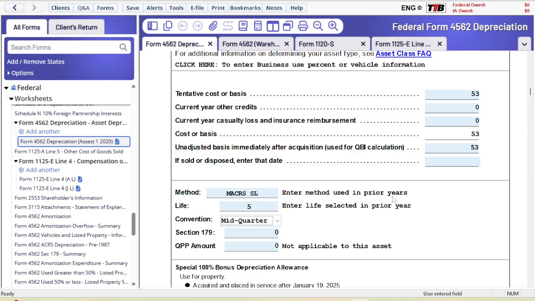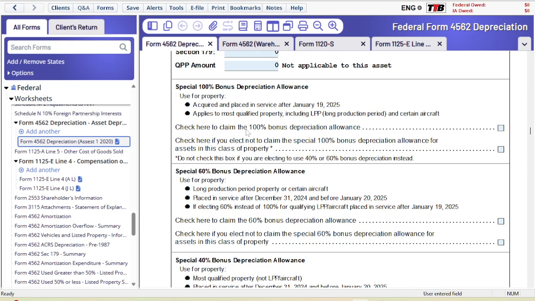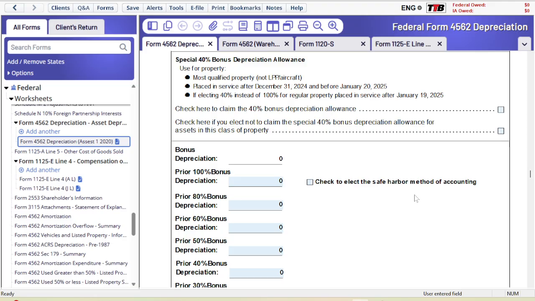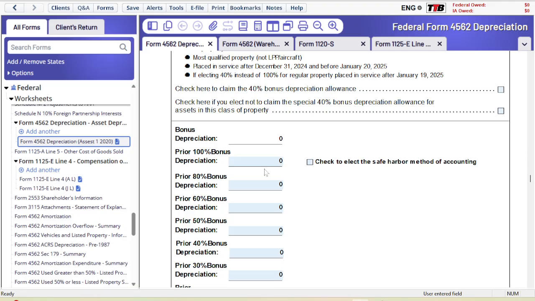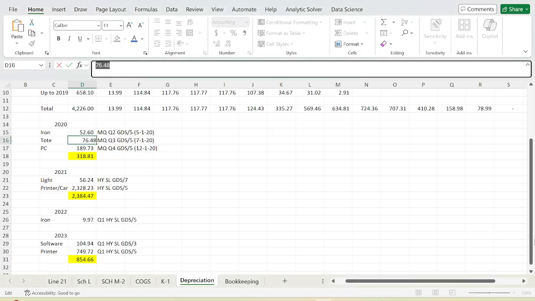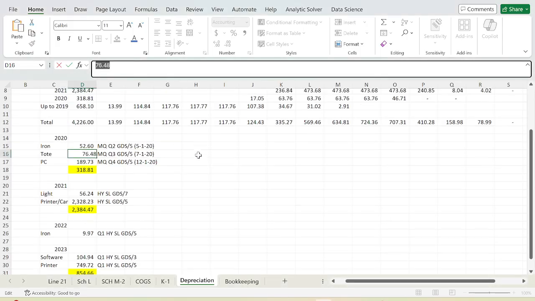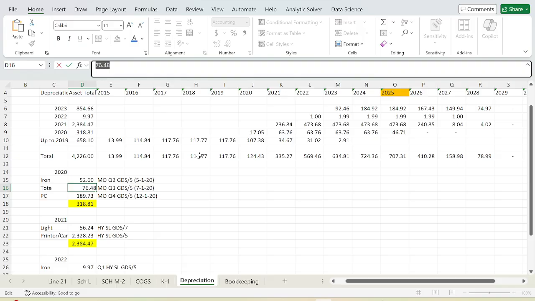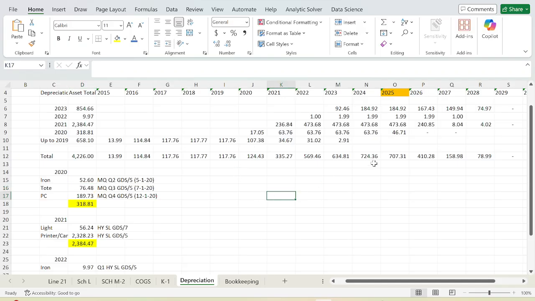We are going to go back, and I think this one is done. So we can come back here and read more on it, but I'm not going to do anything here, and there is no depreciation. Okay, it's going to ask, we didn't take any of those, so we are going to leave it alone. And prior depreciation, we need to find that. I'm not entirely sure I'll be able to find that information in here,